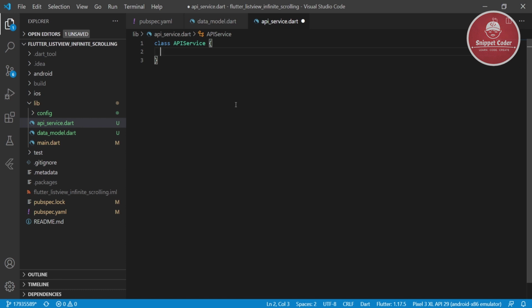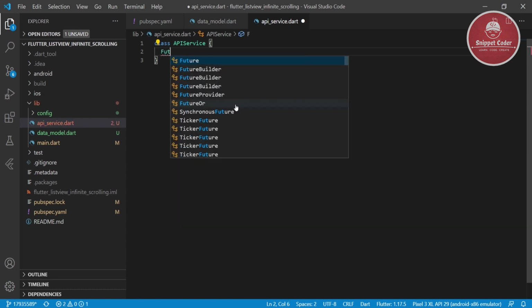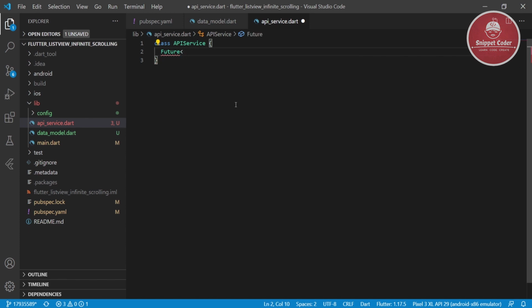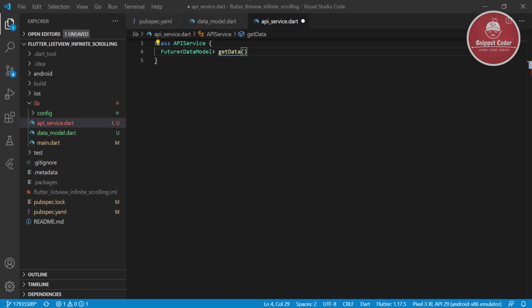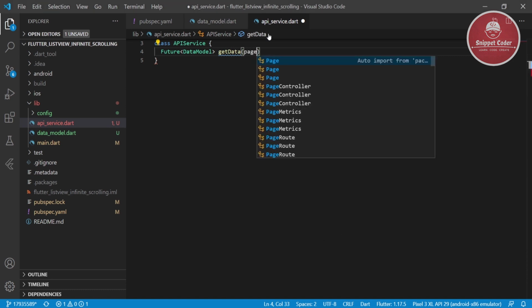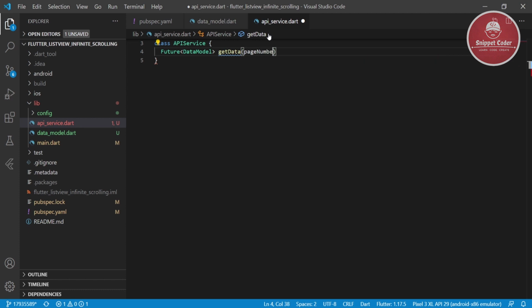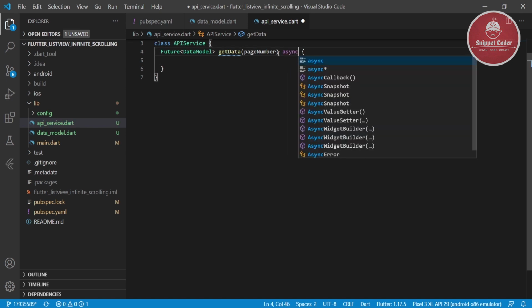Here we will create one method of Future type. We will return the data model here, and we will name it getData, and we are passing a parameter of page number. We will make it async.